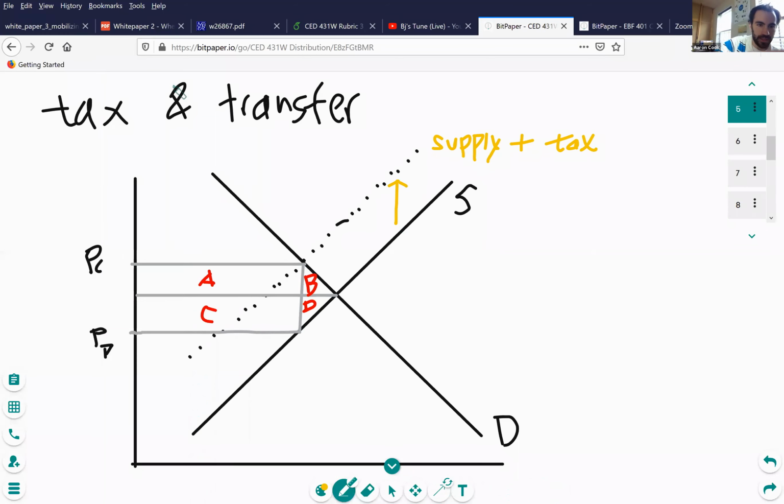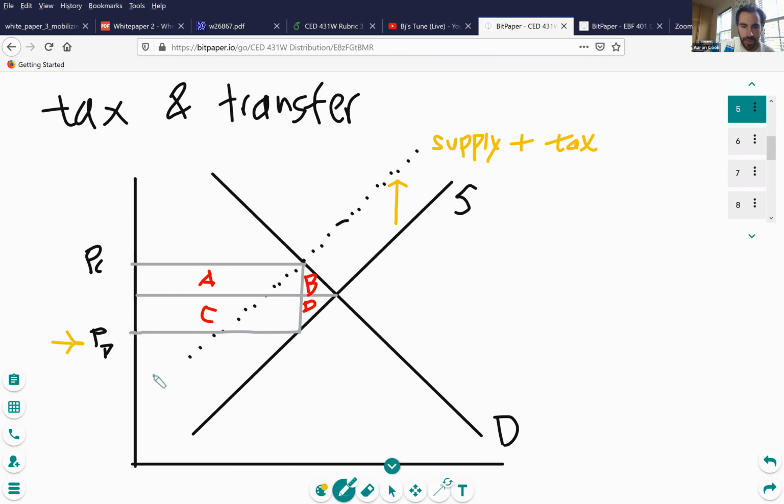That's going to influence the prices that people face. So this price PC is intended to indicate the price that consumers face as a result of this tax. So the price that consumers face is a little bit higher than it otherwise would be. The producer price, that's PP, the lower level price, is the price that producers would actually receive net of the taxes that they're sending to the government. So there's a wedge, there's a gap between what consumers pay and what producers receive.